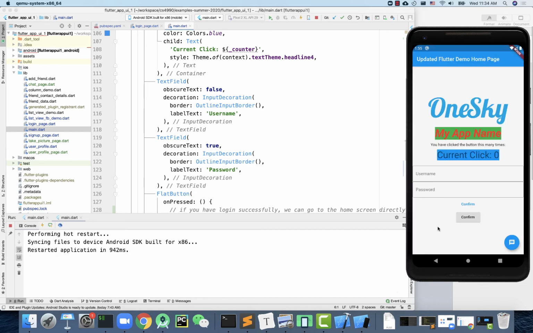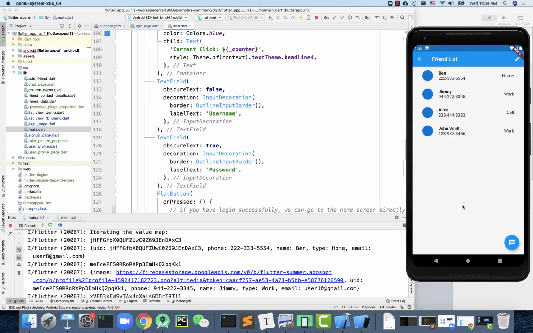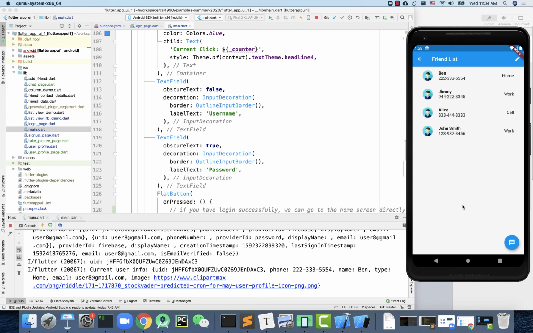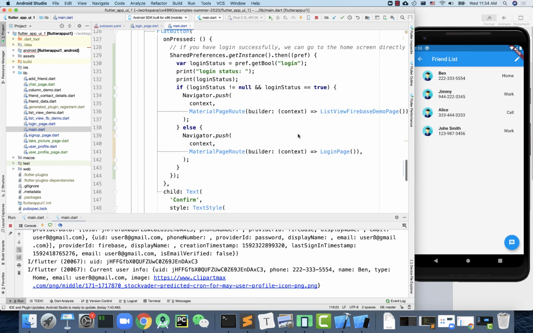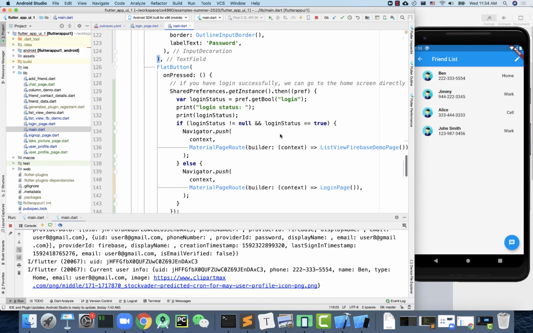Okay, so I'm going to go here. This time I'm going to click on the button. It directly puts me to the friend list because I already logged in. I don't have to do that again. So this is the kind of use case where you can save and also read the data from the shared preferences. So just remember, shared preferences saves things locally in a device,